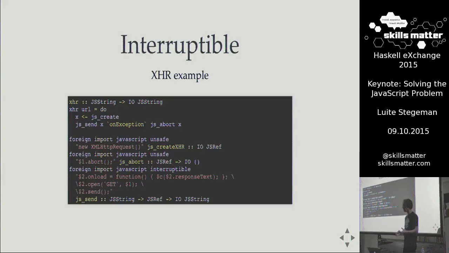Like if you use these XML HTTP requests to request some data, but you say, I'm going to time out this after a second, you can wrap this in the system timeout call, and it will send an async exception aborting the call, but you'd rather cancel the request. And this code just does that. It uses the onException thing from Control.Exception, and it will do the JS abort call